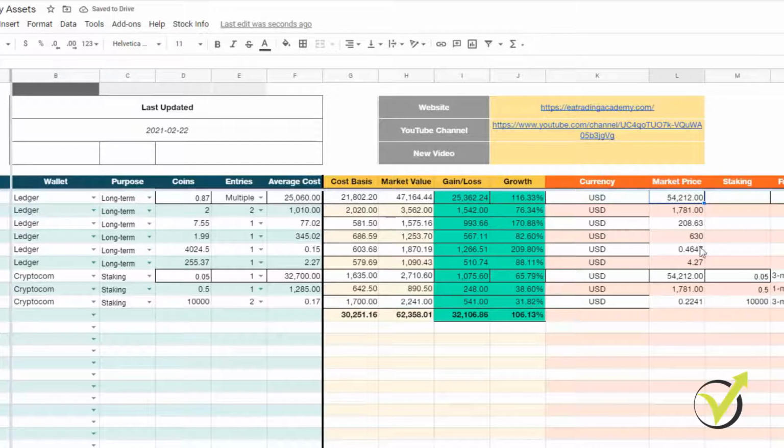Because I have entered the formulas right over here. All right, I will press Ctrl Z to bring back the value. And pretty much that's it for all of them. Okay, I just enter the market price and it calculates automatically what is the market value, the gain, the growth, and at the end I have how much in total I have spent for the current investments and what is the market value, and then I have how much I have gained or how much I have lost.